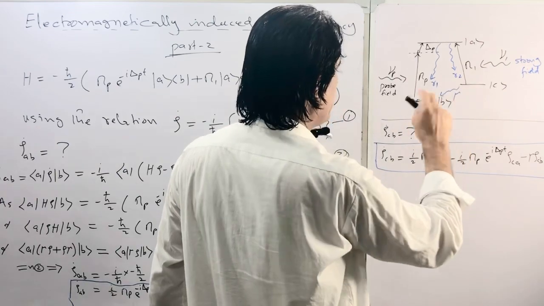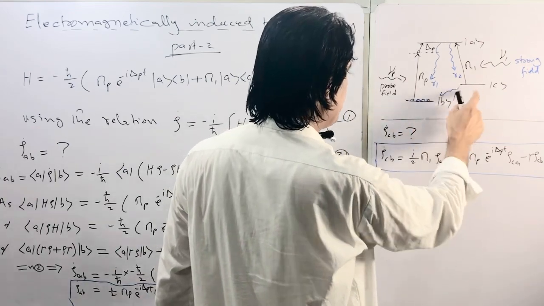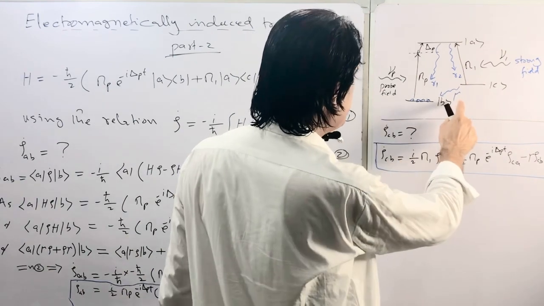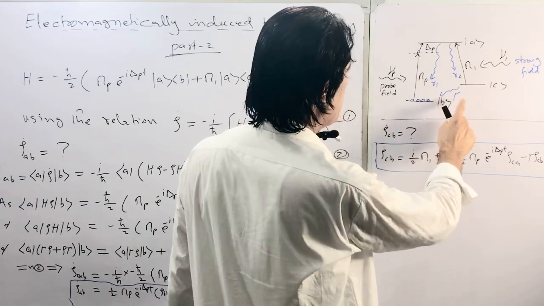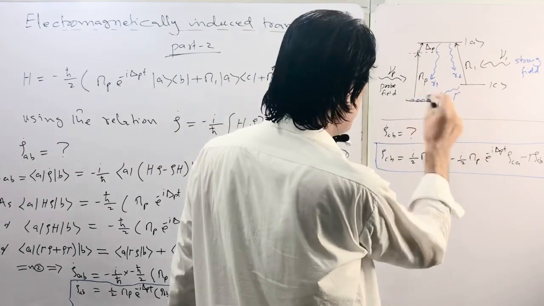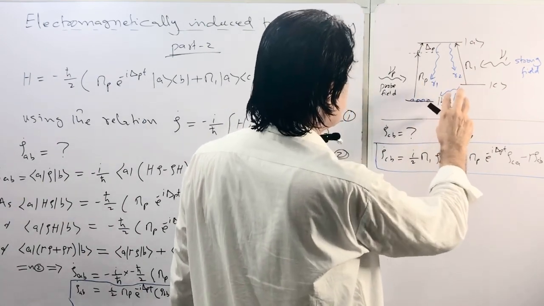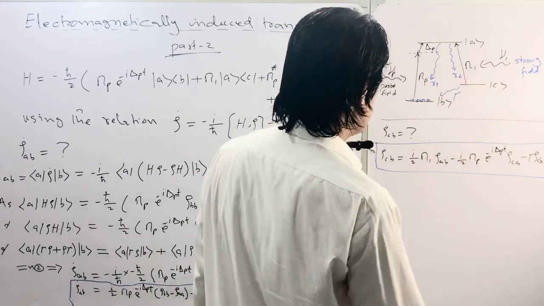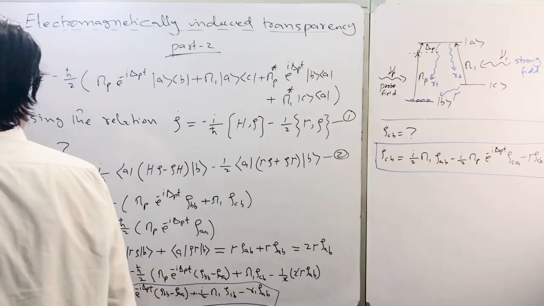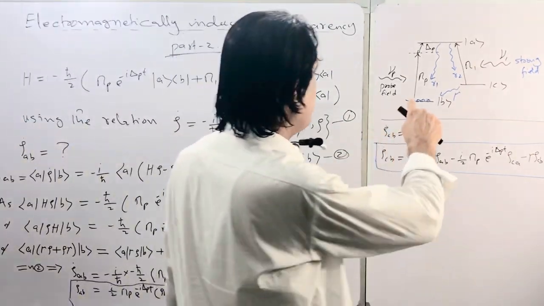There is no coherence between B and C, but due to some collision, we can take the capital gamma. This decay is very small, but one can consider that this decay can play some role. The first thing of this